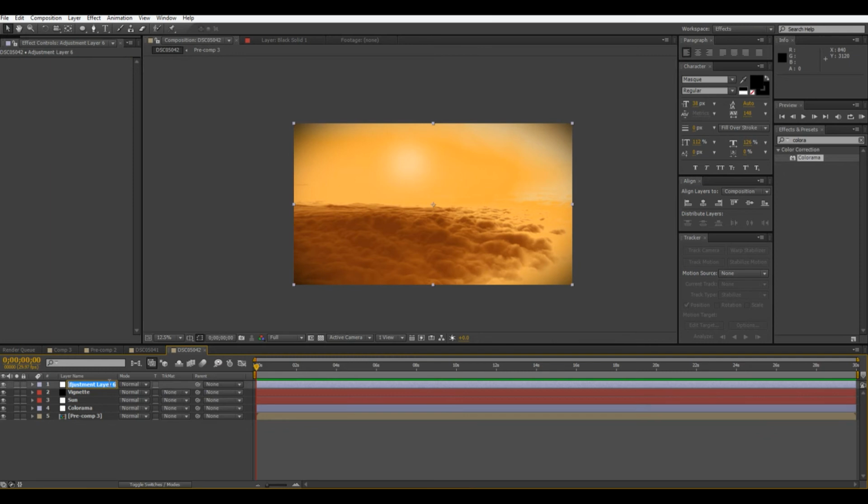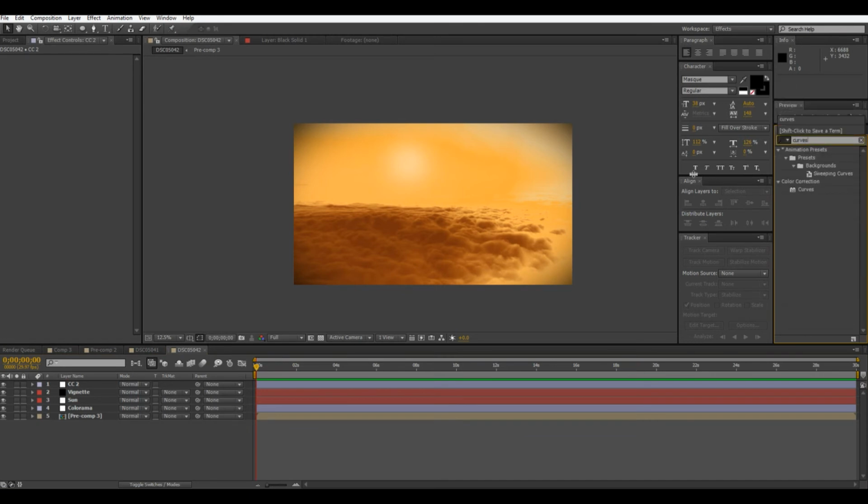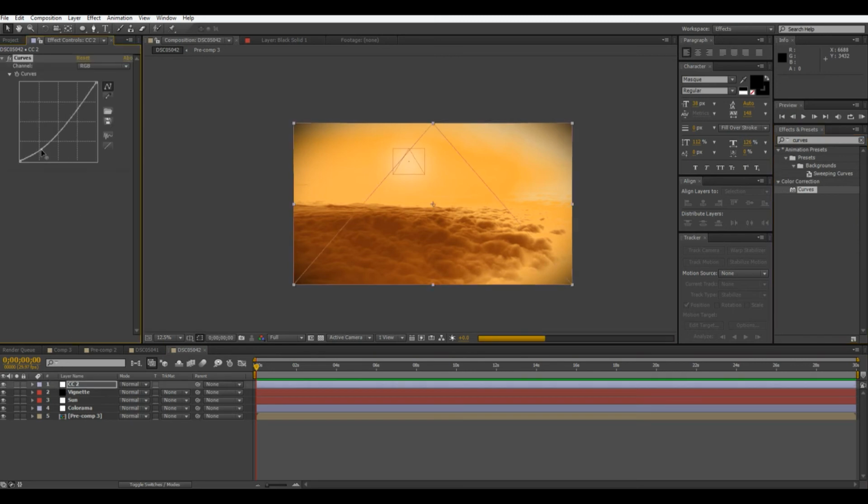I'll call this CC2. Curves, drag that on there, and then I'm just going to add a little bit of contrast, then go into the red channel,